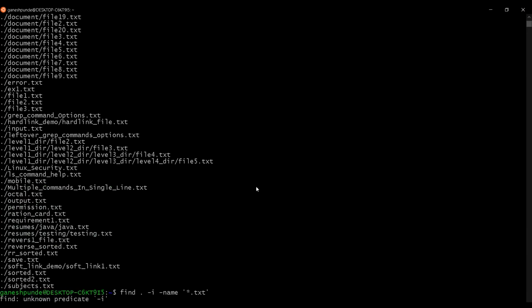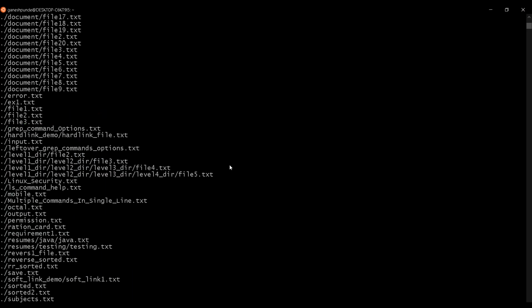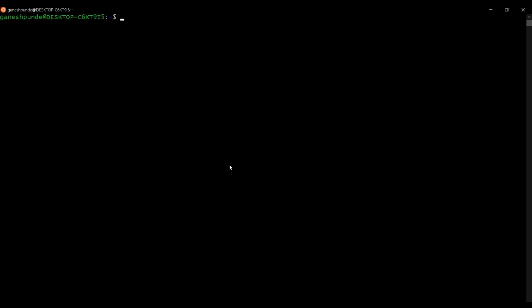But if you combine them like this, then this will work. So you can see this is showing you the result, right? So this is about finding by name. If you want to invert the case sensitivity, now let's see.